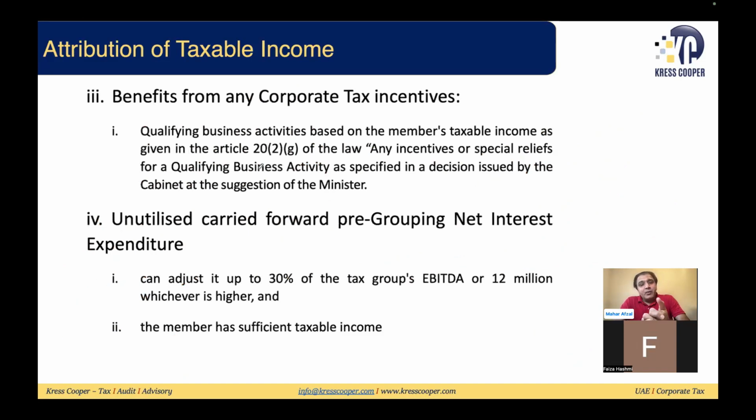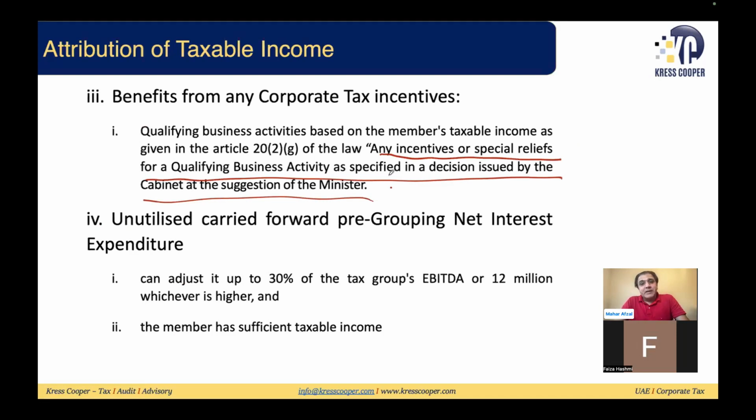Third, Article 22G of the law says basically any incentive or special reliefs of a qualifying business activity as specified in the decision issued by the cabinet at the suggestion of the minister. This is basically exemption, the incentive reliefs. This is the requirement of Article